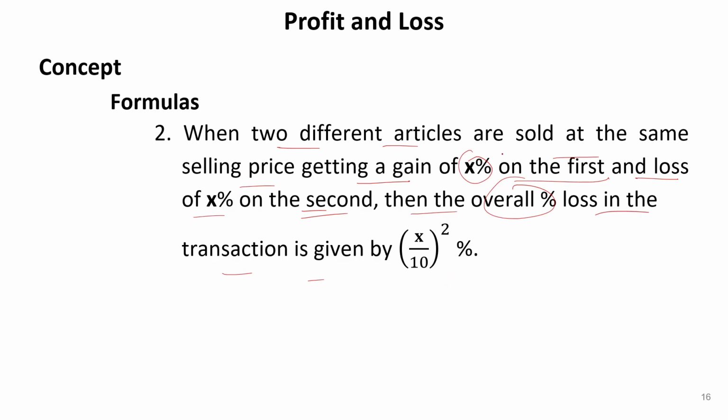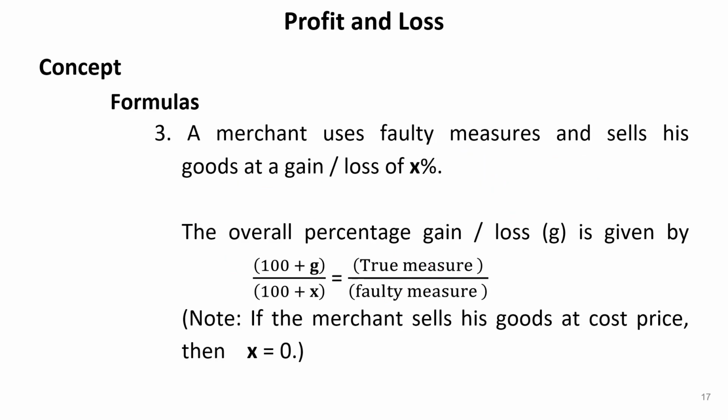Okay, so if two articles were sold at the same selling price, with a gain of X% on the first and a loss of X% on the second, then the overall percentage loss in the transaction will be given by (X/10) whole squared %. Okay, so let's see the third kind of formula, that is, a merchant uses faulty measures and sells